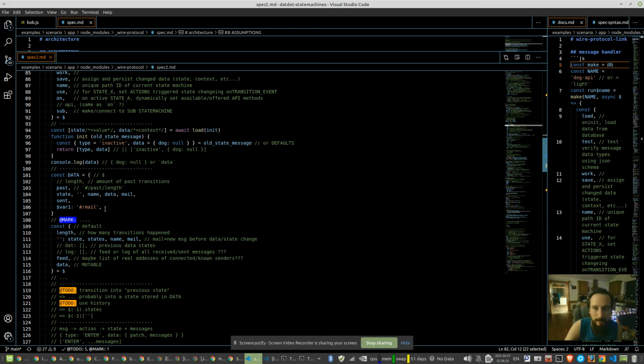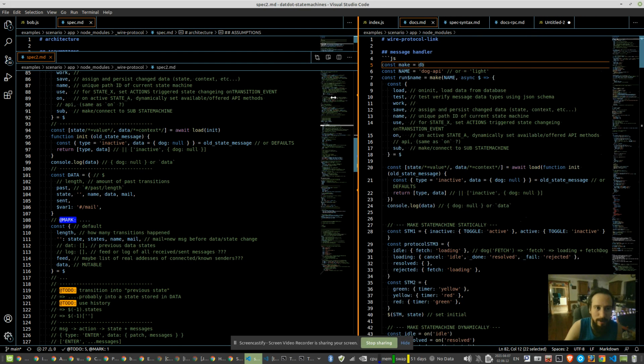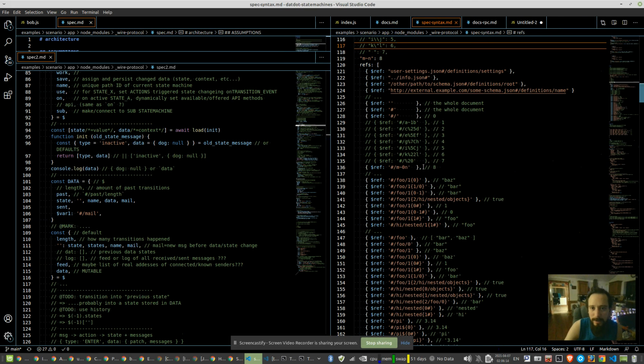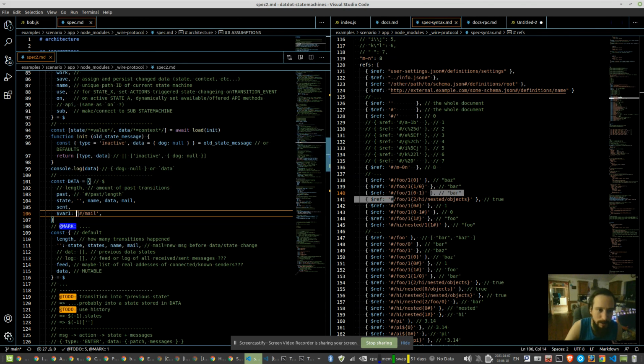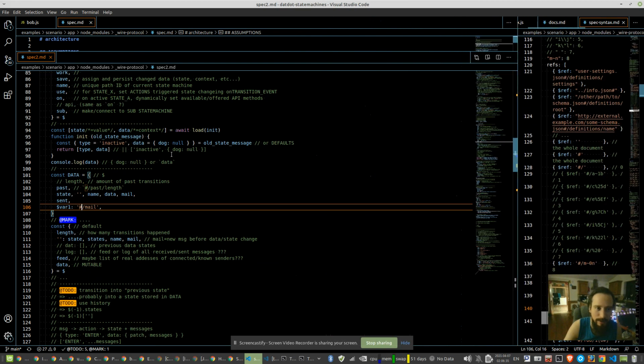And I already did a little iteration on JSON pointers in the past, before I started the message handlers, because that's what we would use to specify what data can be accessed in a given message handler, and also what permissions message handlers need in order to access certain data and certain messages. But yeah, and in order to transition from one